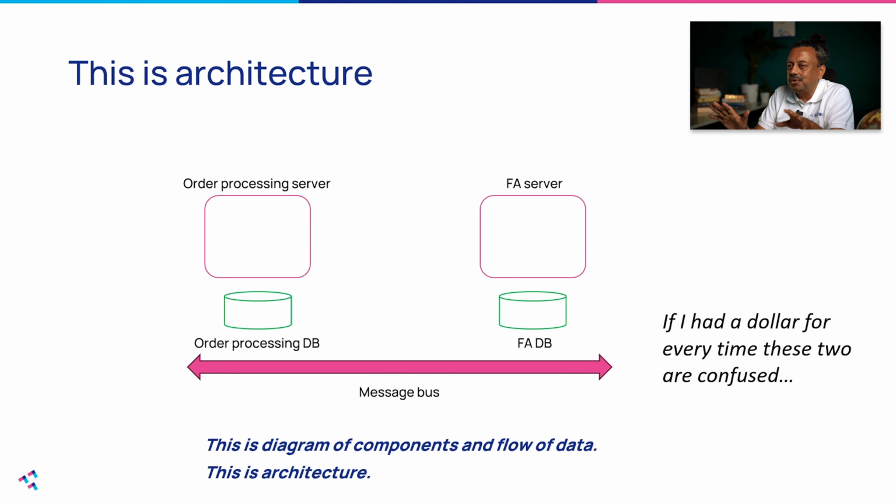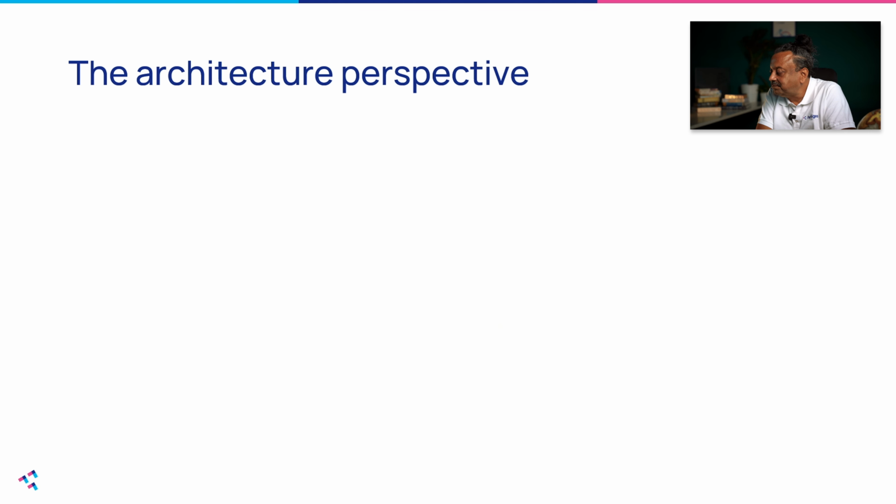Now what's very interesting is we were describing the same scenario but from two different points of view. So there is an architecture point of view. These things are mixed up so often. As I said, if I had $1 for every time these two things are confused, well, I'm not that rich. So I guess the people who are confused about these things don't talk to me much. Or maybe they don't give me the dollars. So there is an architecture perspective and a functional perspective to look at the same software application.